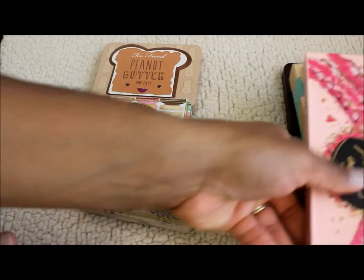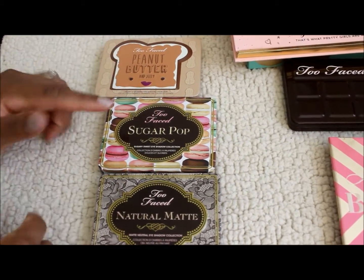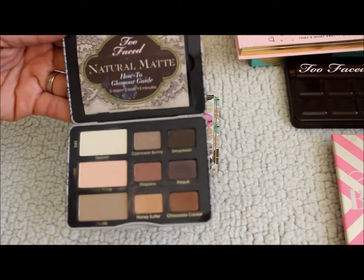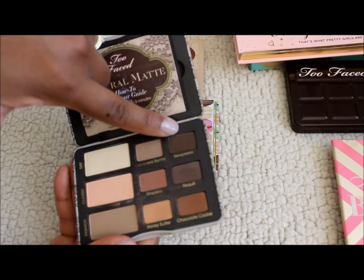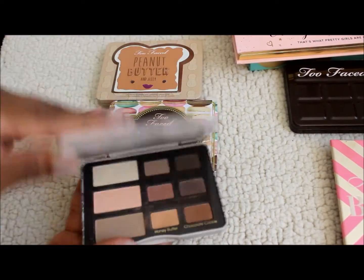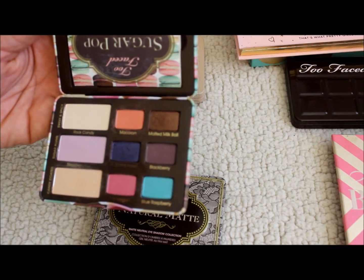So, like I said, I have three of the small ones. I have the Natural Matte, the Sugar Pop, and the Peanut Butter. I really like the Natural Matte one. I don't really dip and dab too much with these colors, but I have started using this one as an eyebrow color, and I really like this palette. Sugar Pop is next. I really like this one too. I don't whip it out as much, but